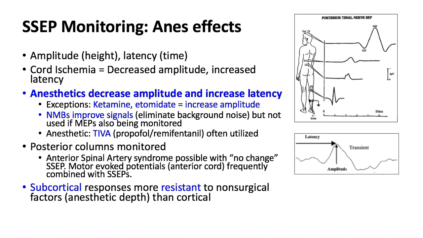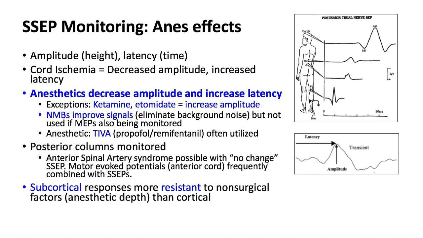So the anterior spinal artery syndrome actually refers to damage to the anterior spinal cord and motor effects. And if you just had pure injury to the anterior spinal cord, you could have potentially no changes in SSEP because it's monitoring the posterior columns. The motor evoked potentials monitor the anterior columns and are frequently combined with the SSEP so that you get both